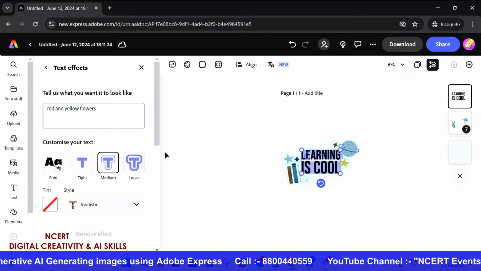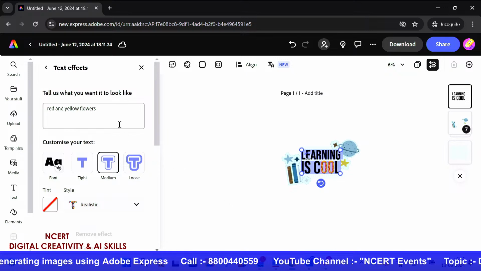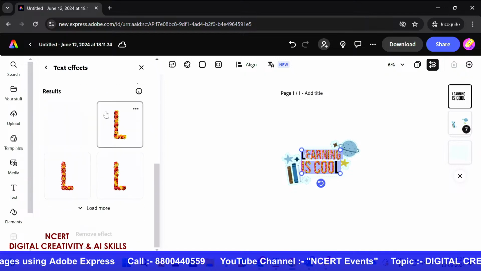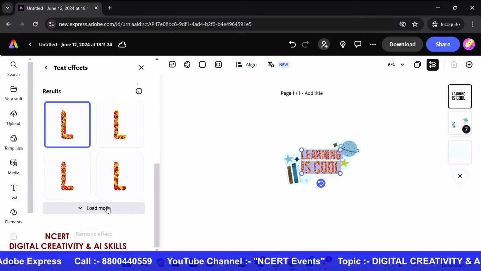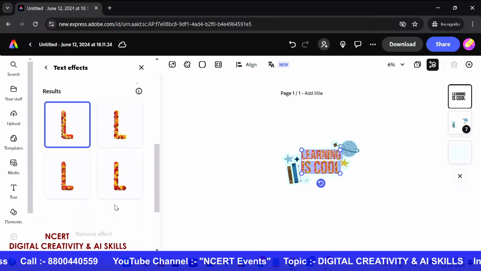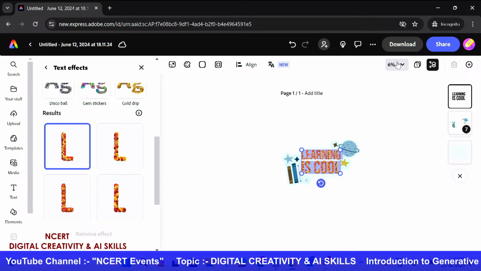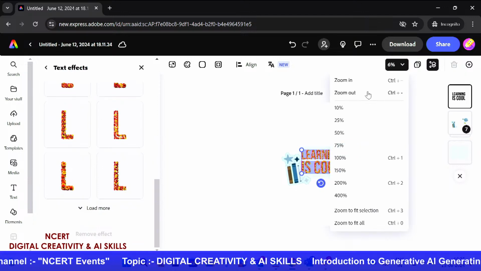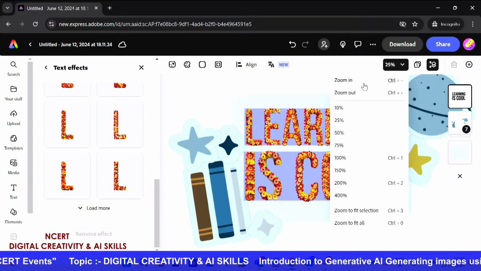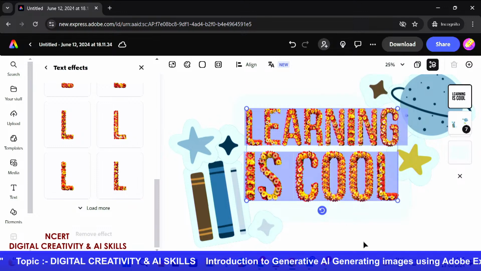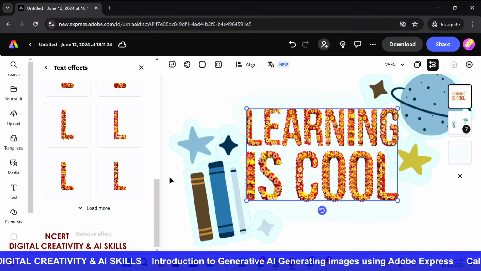So these are the text effects that we would want to generate as per our liking, and you can see there are so many options available on the left hand side to choose from. If I just enlarge this a bit so that it's visible, you can see my title has been restyled, right?